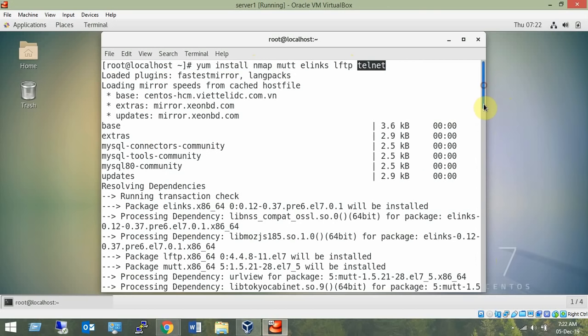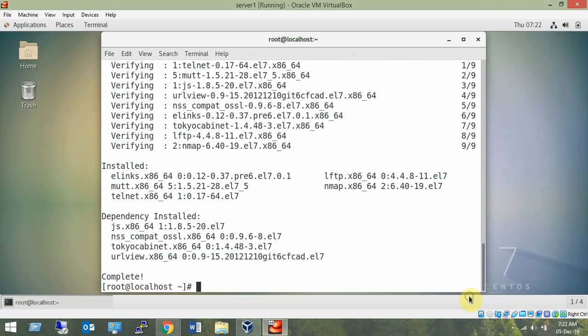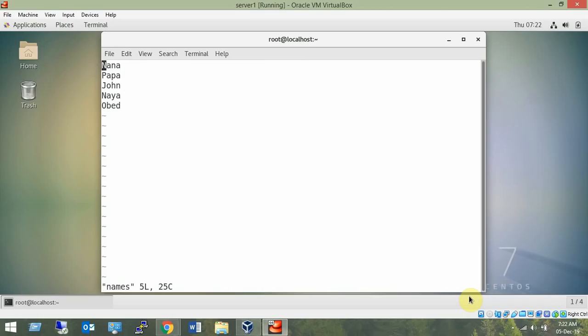The first command I would like to demonstrate is executing a command with fork and exec. If I type exec vi names, where names is a file, please observe very carefully. These are the names which I have.